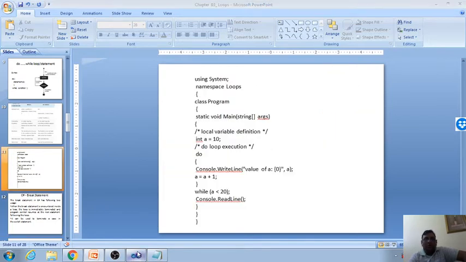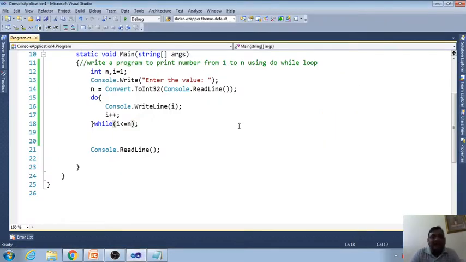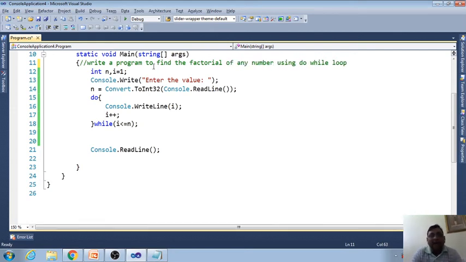Okay, so I am going to give you another example of do while loop. Now I am not going to print; I am going to write a program to find the factorial of any number using do while loop.